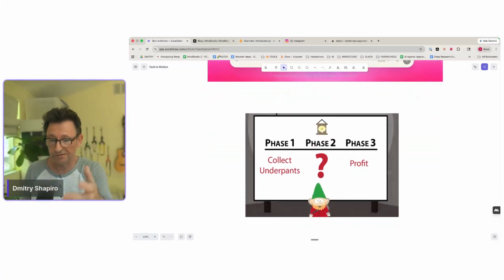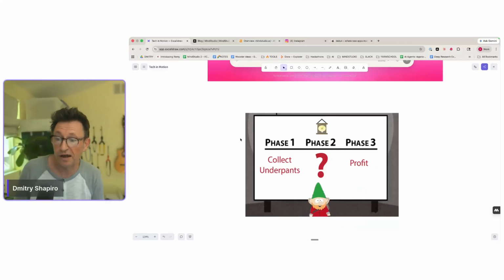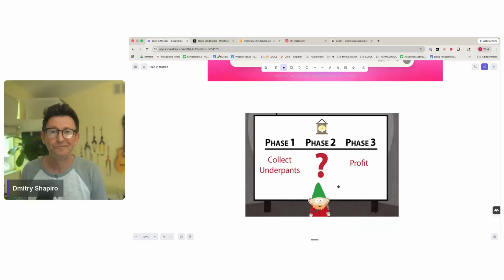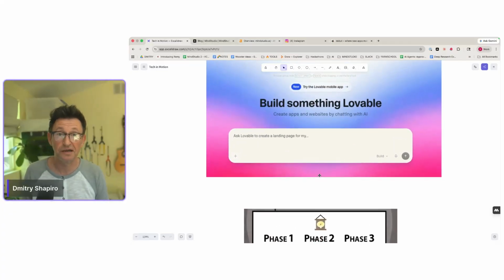In fact, if any of you are fans of South Park, you might remember the underwear gnomes that were stealing underwear. Why? Because they had this hypothesis that you collect underwear and then there's profit. But how do you make the profit from the underwear? Well, they didn't have the idea of how to do that. I propose we're in a similar moment right now with, oh, anyone can build code and launch companies, and you just go to Lovable and type in what you want and go. That's not accurate,